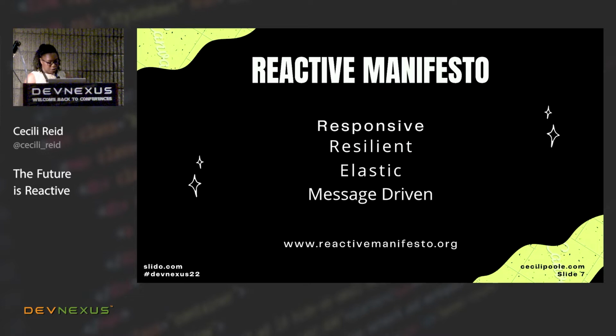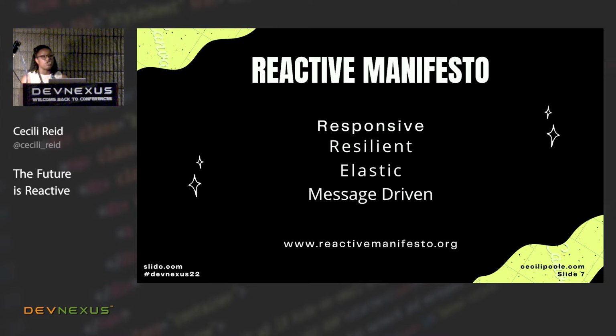So one of my coworkers, who I consider to be a reactive expert, we were having one of these discussions about how much I hate reactive programming, and I just didn't understand the point of it. And he pointed me to the Reactive Manifesto at reactivemanifesto.org. And this talks about 4 key components of reactive systems. And it's something that I reluctantly read, but I read it anyway.